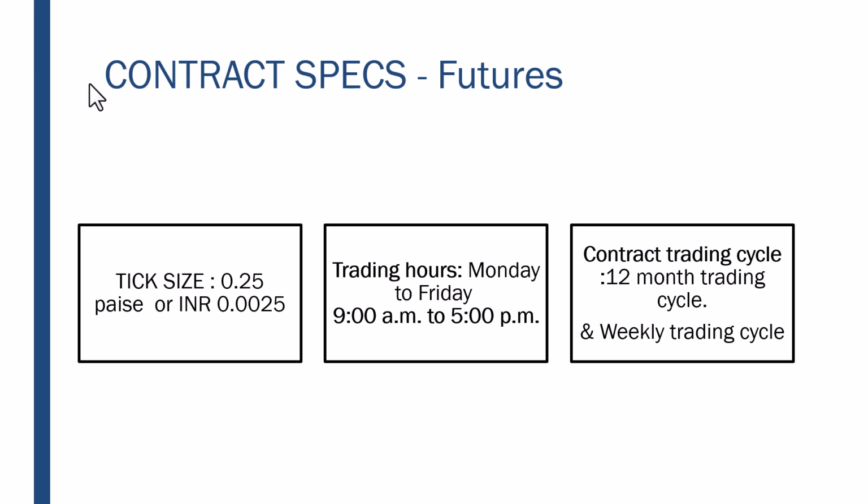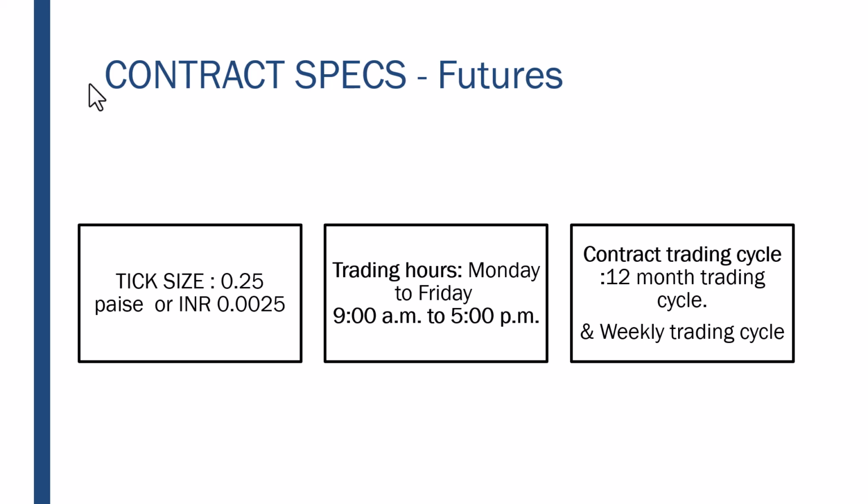So if it is 83.25, the next will be 83.50. Okay, four decimal places. Is that okay? So the minimum tick size is this. Have you got it? What I want to say is the currency can't move in 1 paisa. It is not like 1 paisa up, 2 paisa up. It will move in 0.025 paisa. That's the movement of the currency.